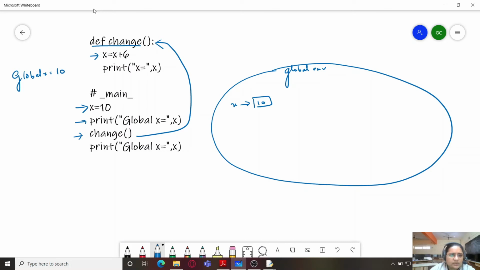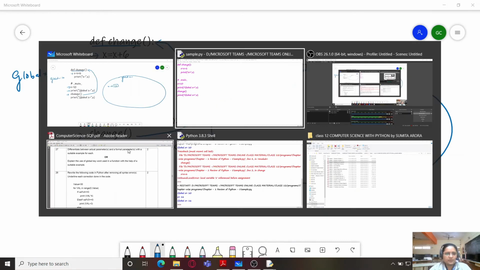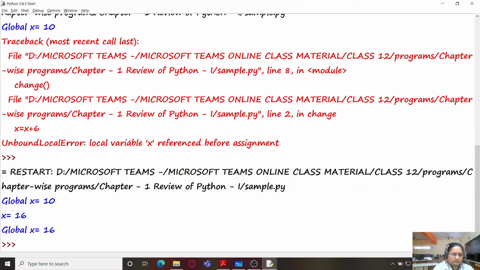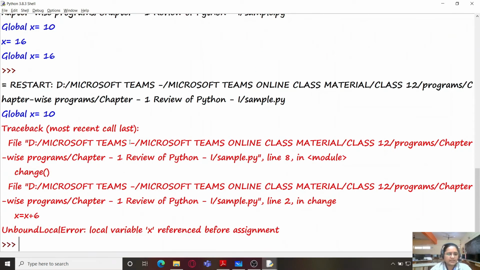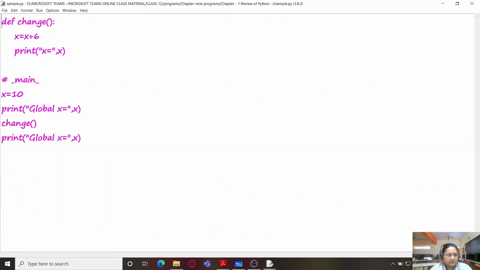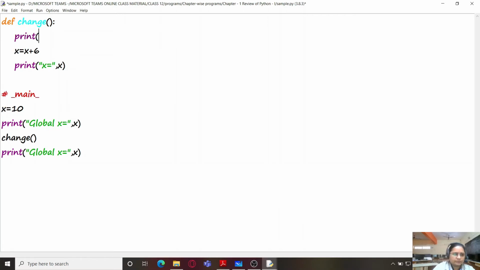So if I run this program, it gives us an error: local variable x referenced before assignment, because if we simply try to print the value,